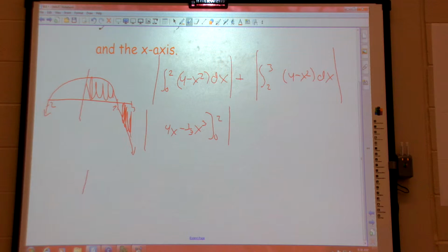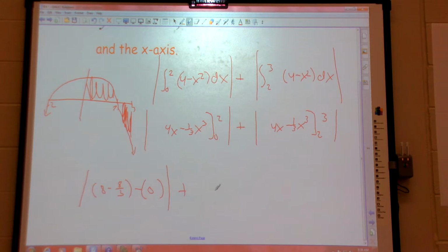So when I do that, plug in 2, I get 8 minus 8/3. Plug in 0. Ooh, I like that. I get 0. Let's go ahead and work on the other one before we finish that one out. The one thing is, once you have one of them, isn't the second one easy? It should be the same antiderivative